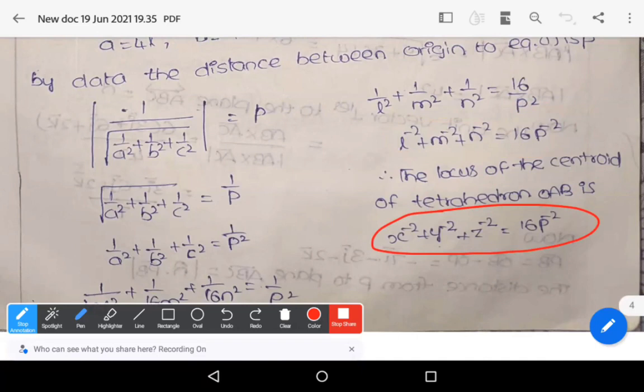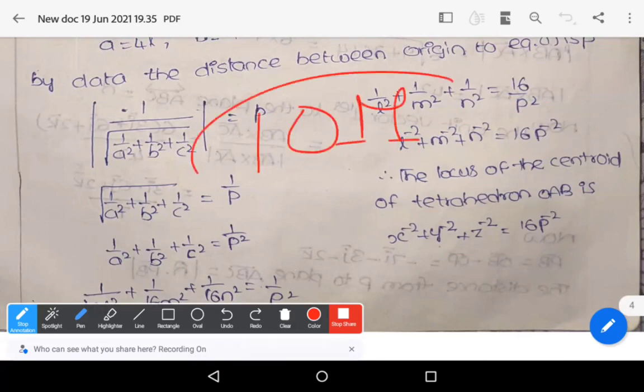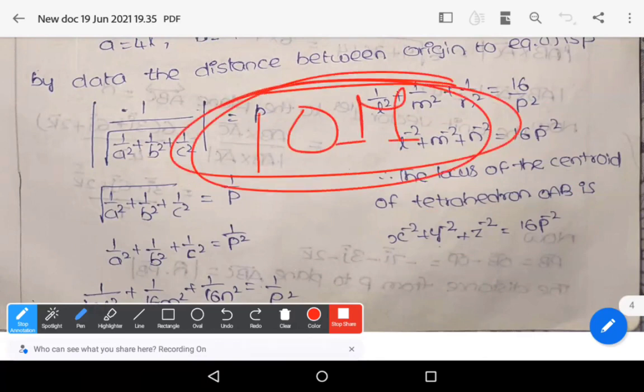The previous problem and this one are very similar to one another. The only difference is the formula. So remember the centroid of the triangle ABC versus the centroid of the tetrahedron. These two are the differences here. Please observe that. And this is also a very, very important problem for the 10 mark section. So keep learning. Wish you all the best.